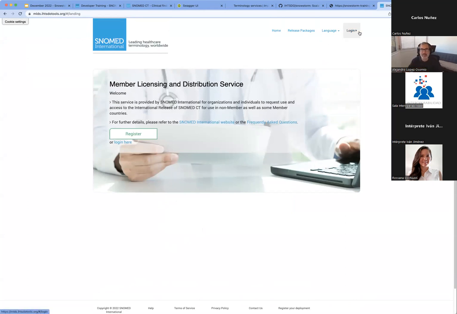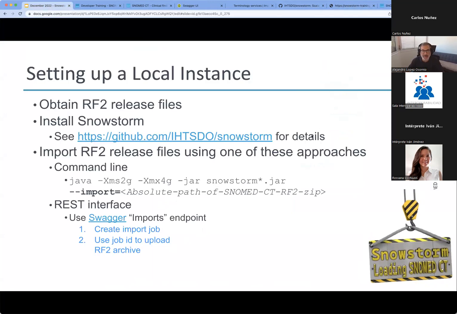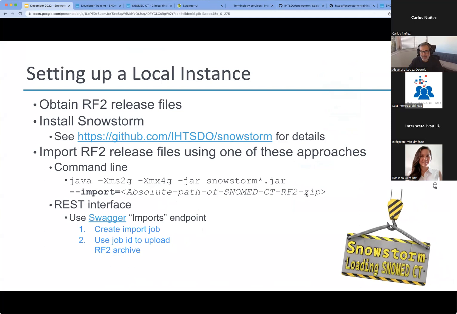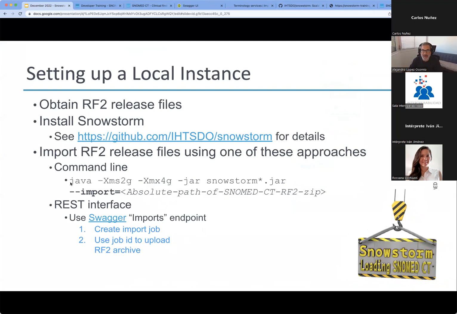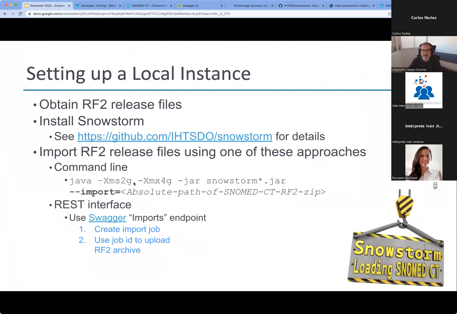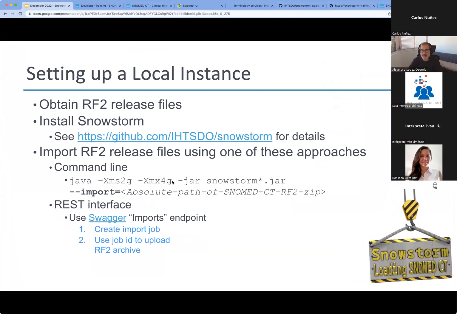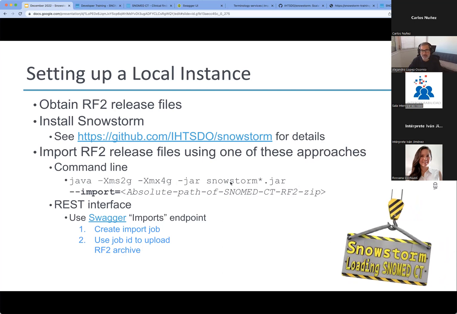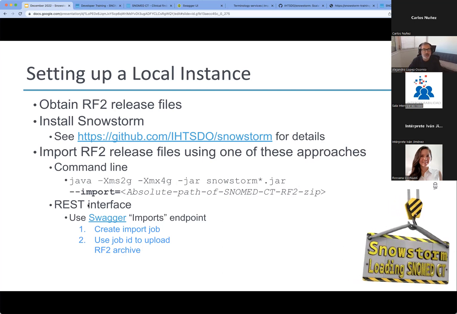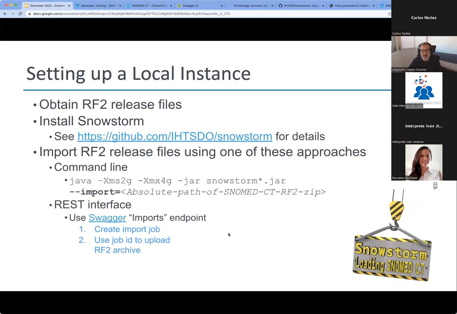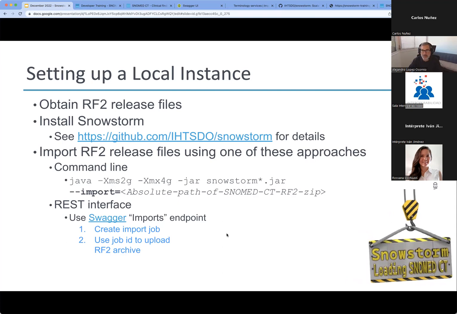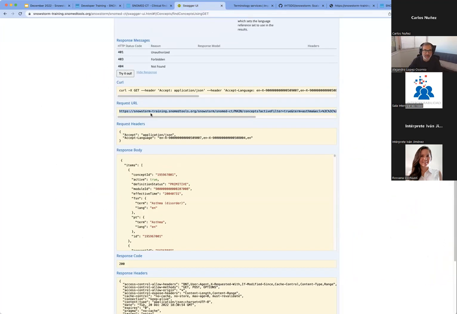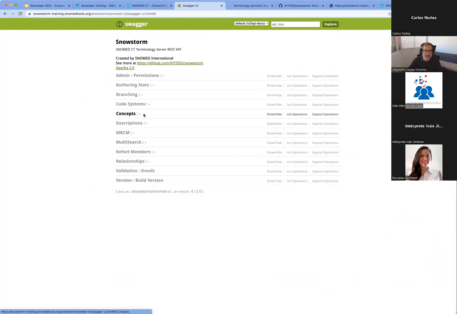Then you register, you download the zip, and there you have the contents. And that file, which is this zip that you can see here, is installed either from their server using the command line by giving it enough memory, and you can run the jar, which is the SNOWSTORM, or you can use the REST interface, and there you need to do the updating of the files, and all of that is here